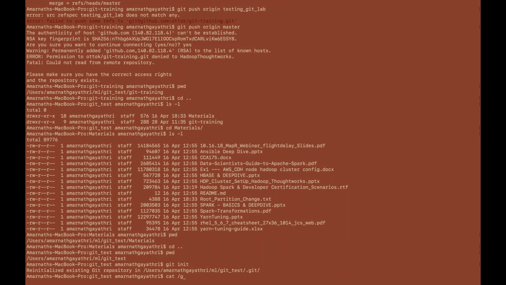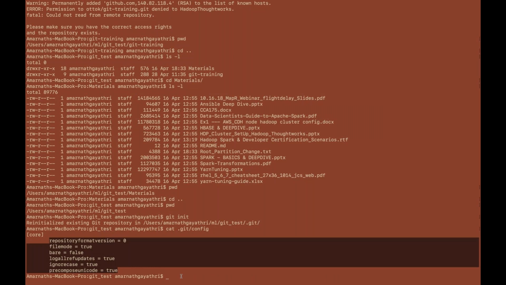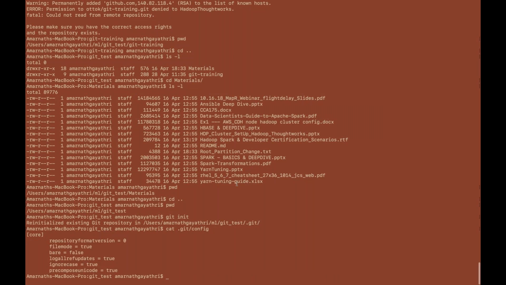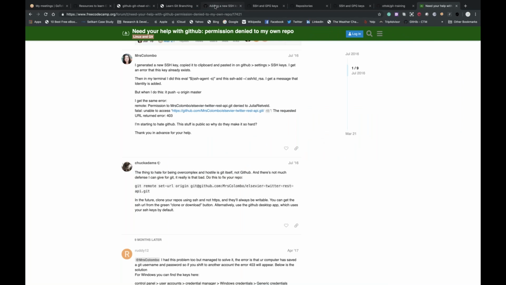cat .git, and in that you have config. Check the config. Spelling mistake. .git/config. If you see here, it's saying core, local, and these are the things here, right? Now what I'll do is I'll run a set URL, which is nothing but